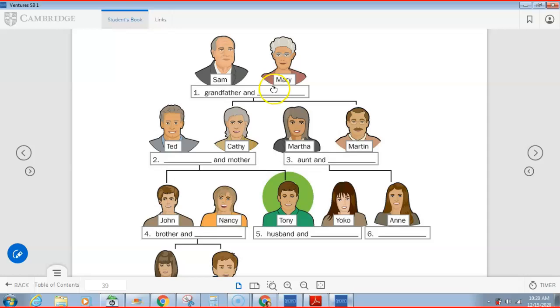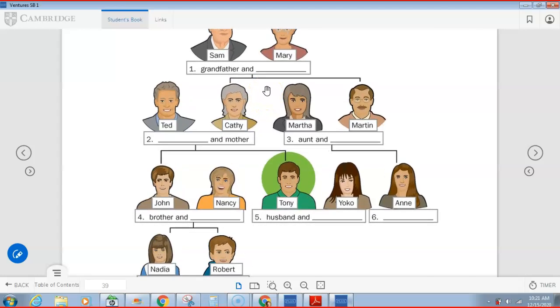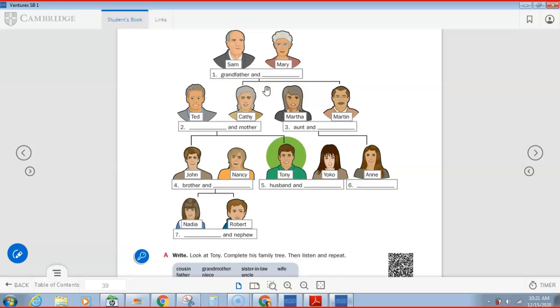Very good. It would be the grandma or mother. Let me try to get all of this on here. Okay, so let me write that up here for you guys. On your piece of paper, you can write down too to help you remember the different names for family members. So Sam is the grandfather, and Mary is, good, she's the grandmother. In your country,